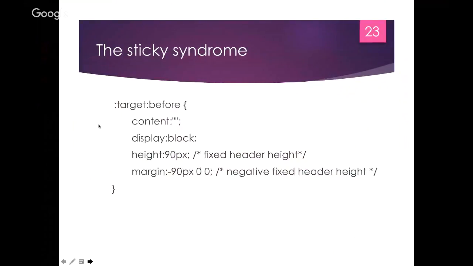is to use CSS. For the first case, you can use just CSS, something like target before, and add extra padding to your focused element, and this will solve your case. But for the second case, you will need to use some JavaScript to move your scroll bar to the right point, depending on where the focus is. So, in conclusion,